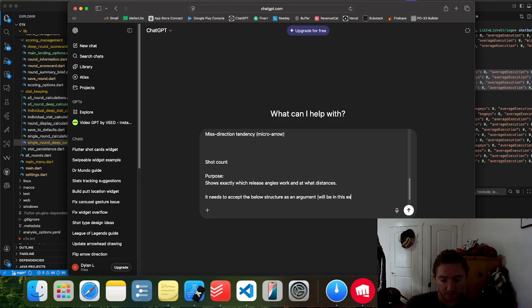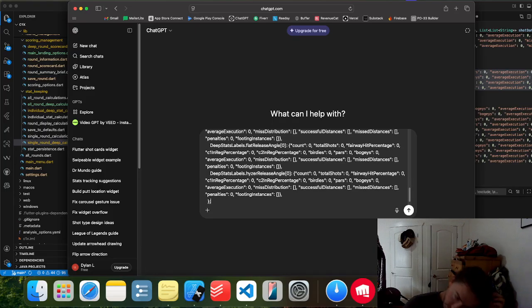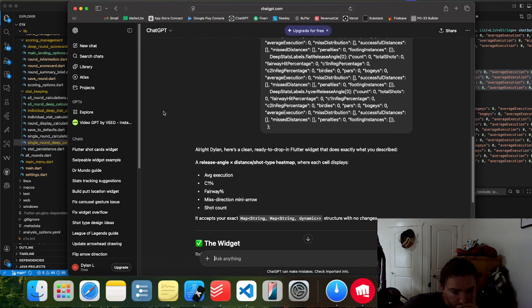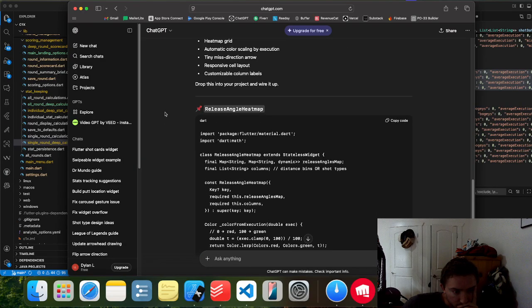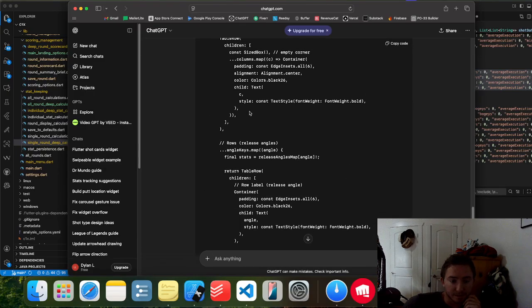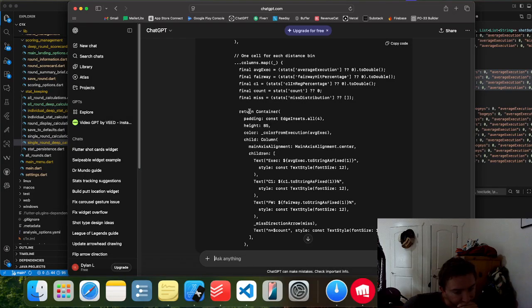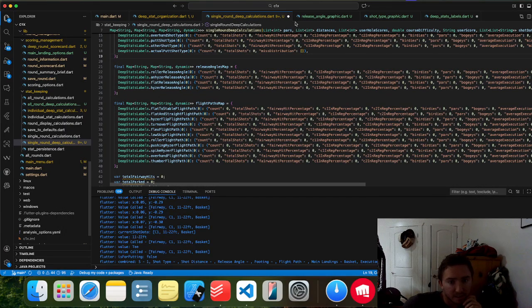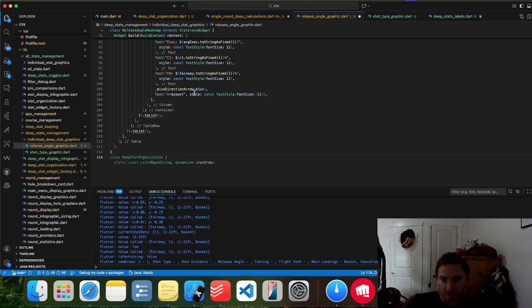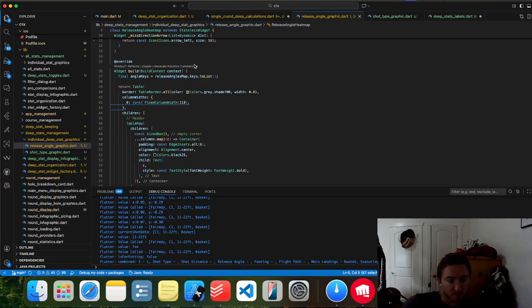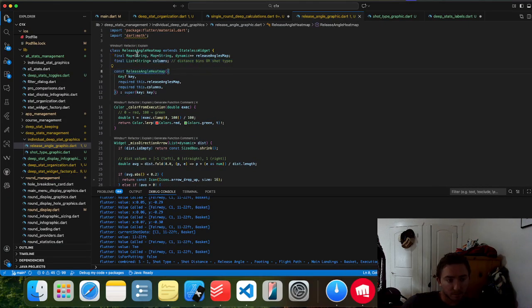Will be in this exact form. Wired up. Funny. You can see what this does. Release angle heat map is what we're passing. So let's go to